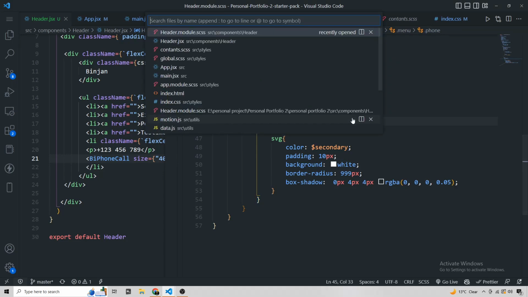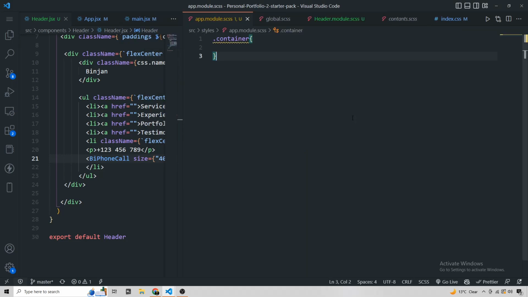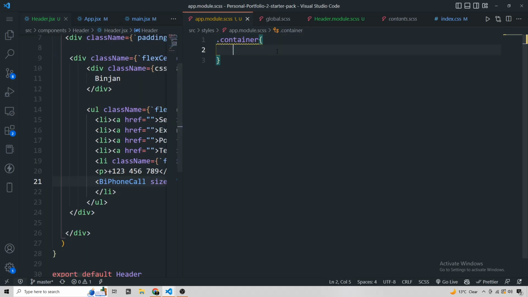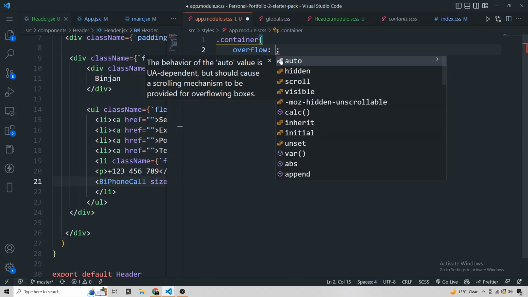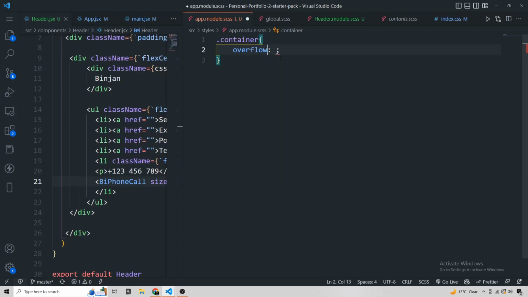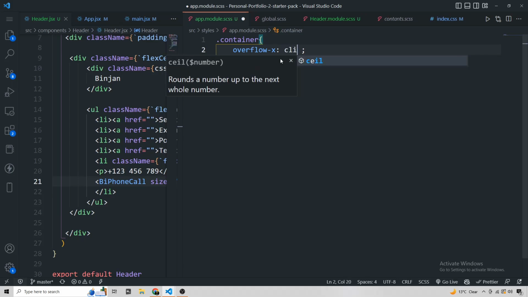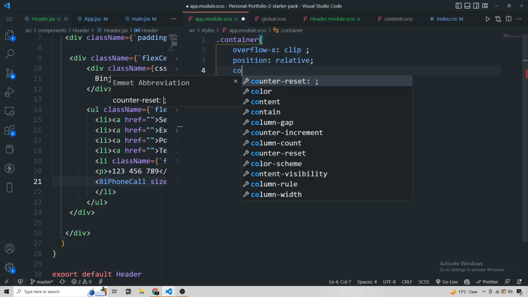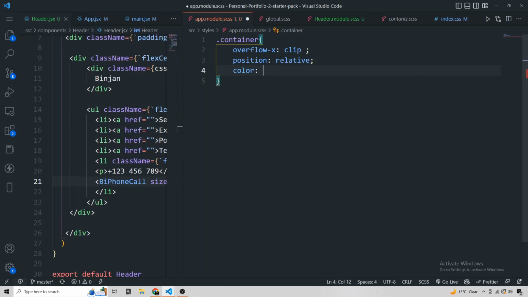Again I will press Control P, I will go to the app.module.scss, and here we forgot to declare anything inside this container. So now what I will do, I will say overflow, make the overflow only for the x direction as clip, and then position relative, and the color is going to be the primary color. So again, to import the primary color,